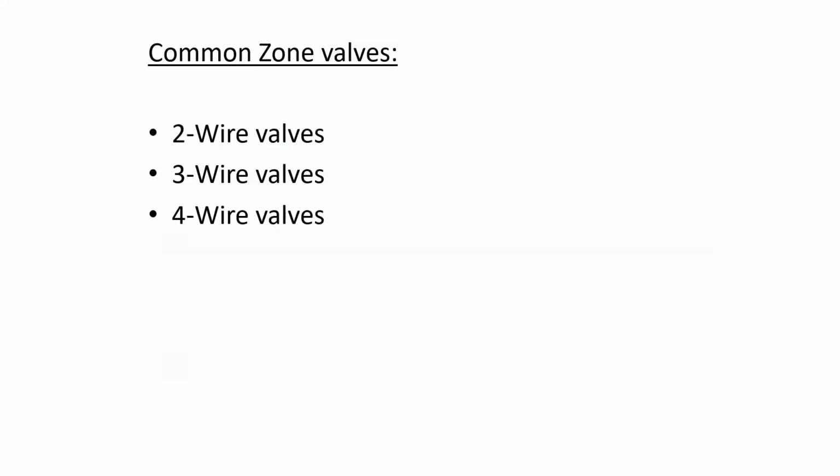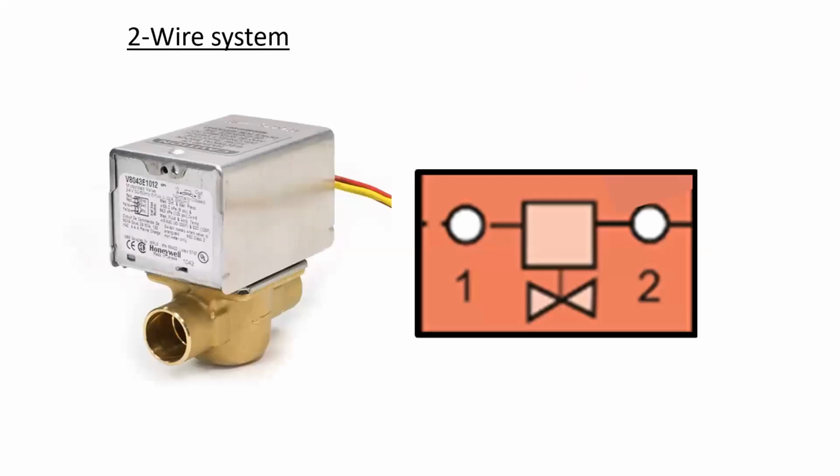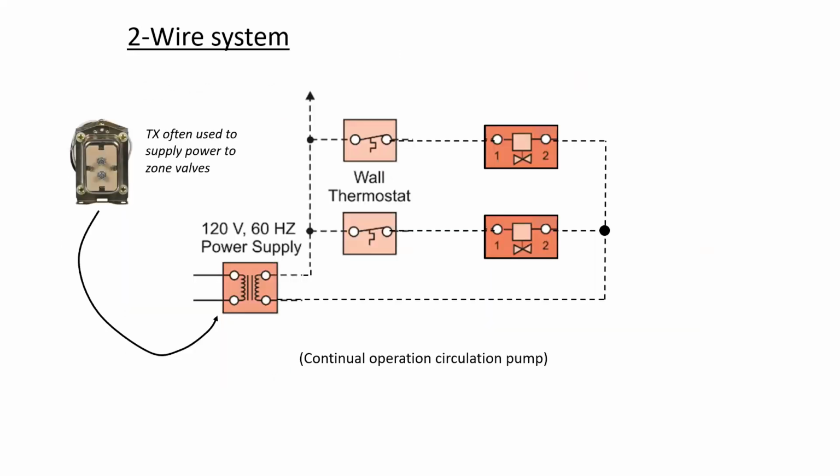Common zone valves come in three different varieties: 2-wire, 3-wire, and 4-wire. Let's take a look briefly at what the difference is between them. 2-wire are the simplest to consider the operation of. They simply mean that when energized, they will open or they will close depending on how the system has been set up. So there's a small transformer that provides power, and the thermostat is used to then control the zone